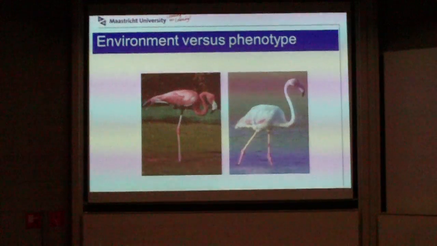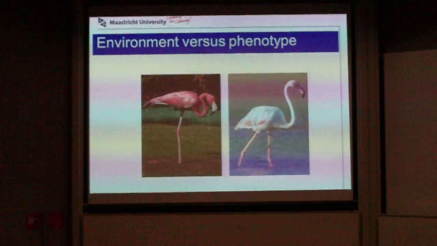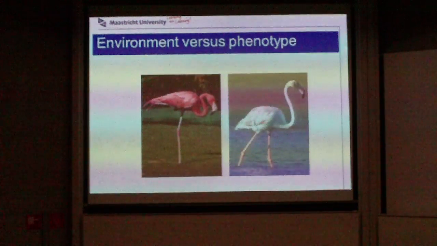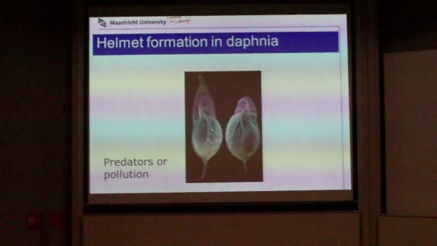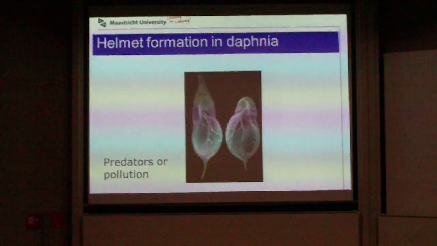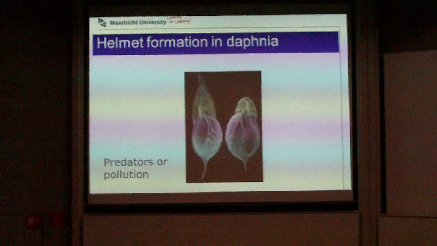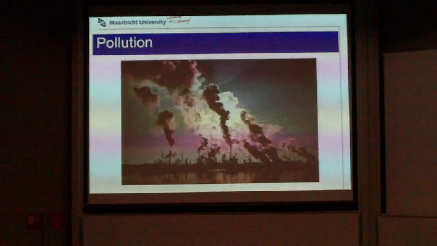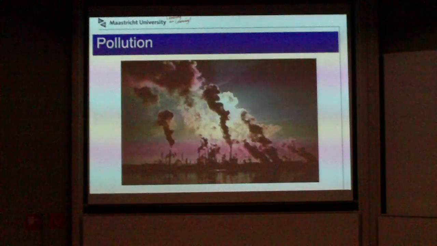So it goes for flamingos. If they feed differently, they look quite different, but it's actually the same. It could be the same animal. All sorts of organisms. These are water fleas. In the presence of certain pollutants or even predators, they get a completely different phenotype. They form these helmets that can help them to protect themselves to a certain extent from certain predators. So they look different, but the genotype is really the same. So pollution, presence of predators, whatever it is,